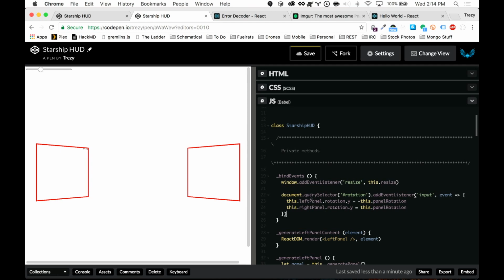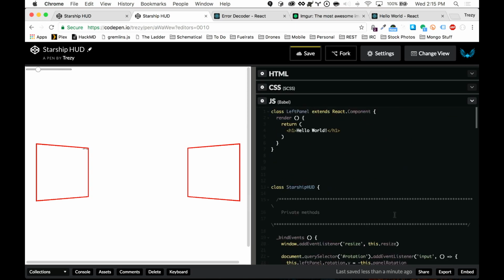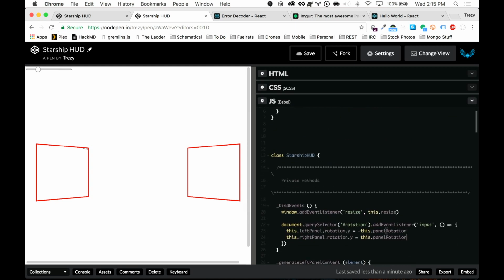Okay, input event, we don't actually need that. Let's just get rid of it to avoid assignment. Native this.panelRotation. Does that work now? No, not yet. Let's see, what am I missing? This.panelRotation. Oh, right, because panelRotation pulled from the thing. So we're going to say panelRotation